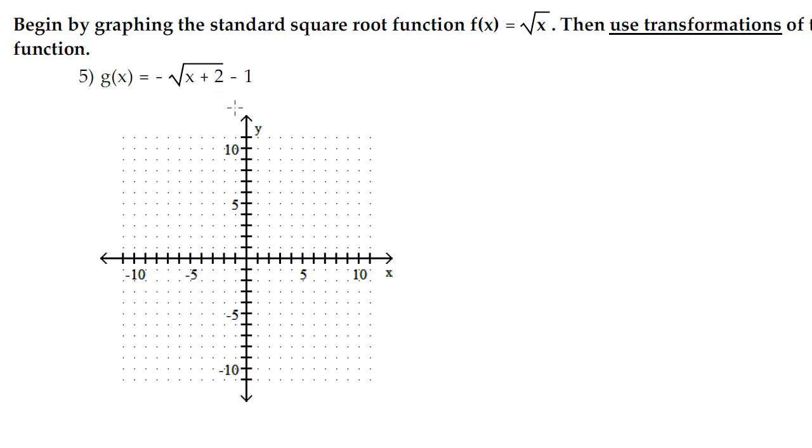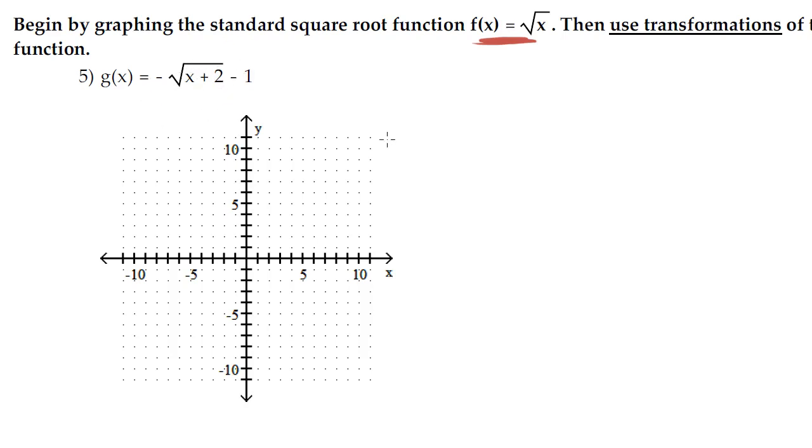Okay, number 5. First, we begin by graphing the standard square root function, f of x equals the square root of x. I'll use red for that. Then use transformations of this graph to graph this new function, g of x, negative square root of x plus